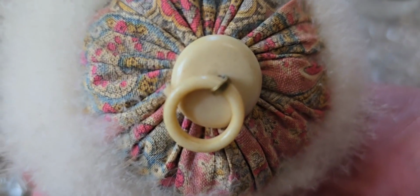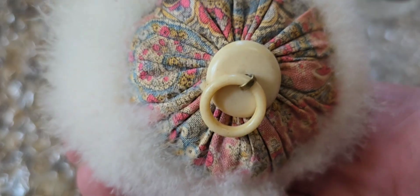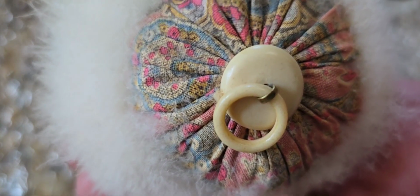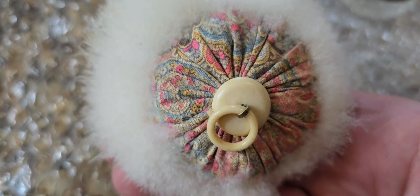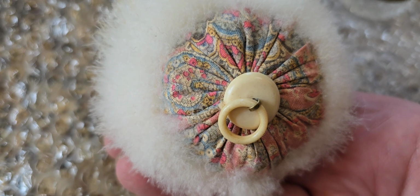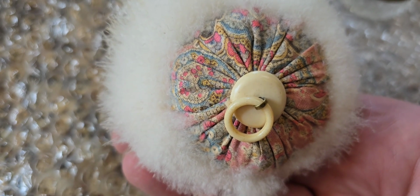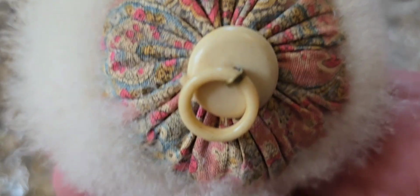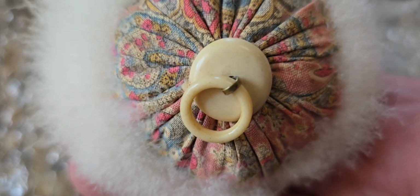Yes, celluloid handle. Now, celluloid, of course, is an early form of plastic. It was invented sometime in the mid to late 1800s and didn't become really popular until later. They actually made it as a replacement for ivory because all the elephants were going extinct. All the animals with ivory tusks were going extinct. They were still using ivory tusks, of course, but they tried to come up with a cheap, effective replacement, which was celluloid, which is highly